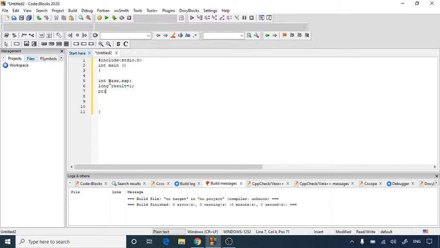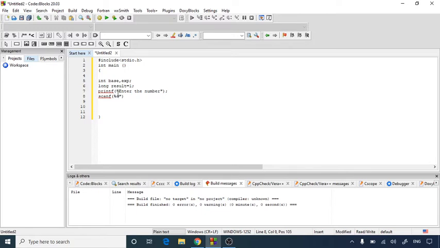Now I'll take these two values from the user by using a printf statement. Enter the number here, and then I'm going to use a scanf function to take the number from the user, and by using the format specifier we are going to assign that number to the given integer.